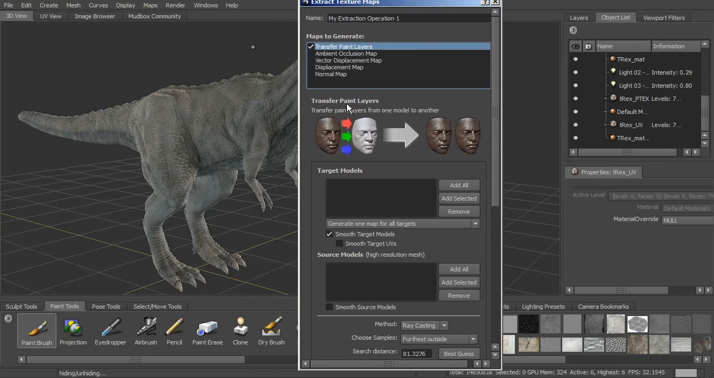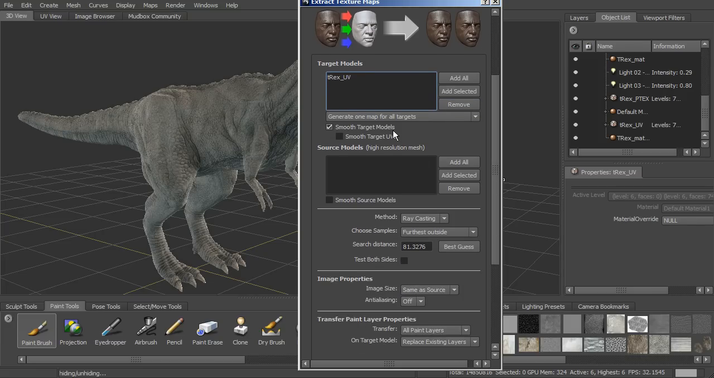So we're going to transfer paint from one model to another. The target is going to be the one with our UVs. So we can add selected, or we can just add all and get rid of everything else. Okay, so T-Rex UV is going to be our target. We want to make one map for all targets. For the source, we will use our T-Rex PTX